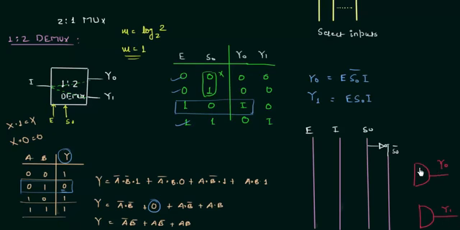And for Y0 we require E, S0 complement, I. So S0 complement, I, E. And for Y1 we require E, S0, I. So S0, I, E. So this is the circuit for 1:2